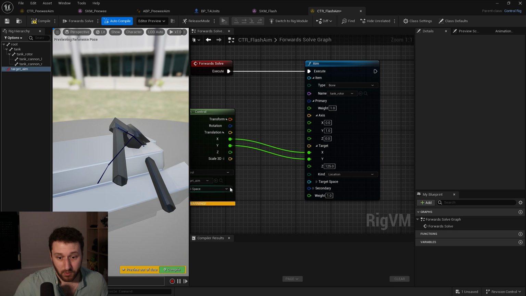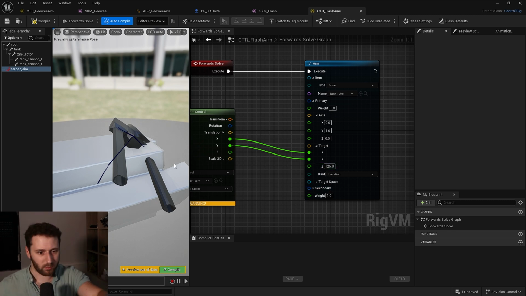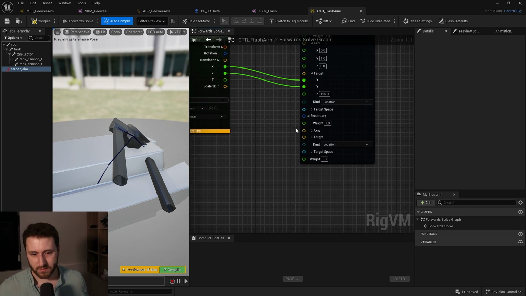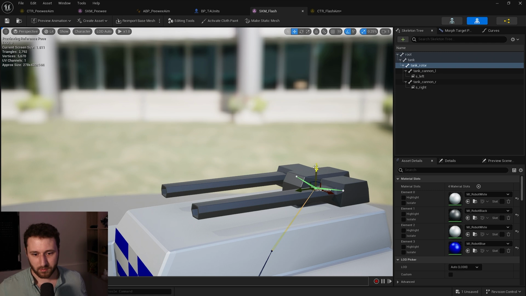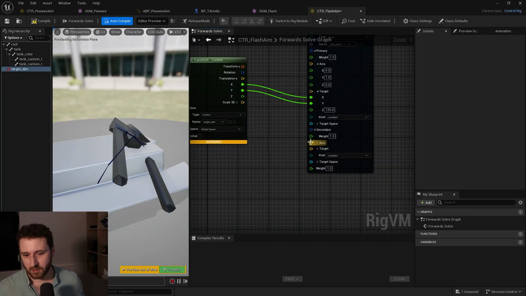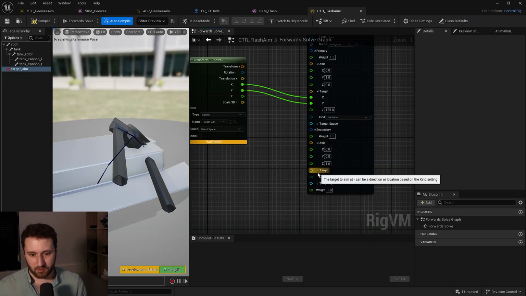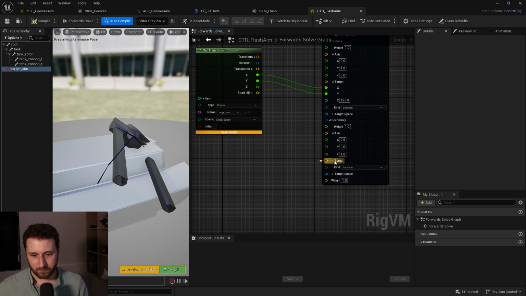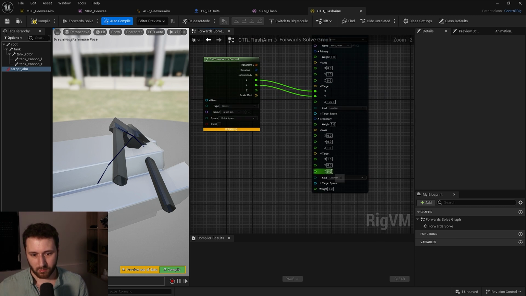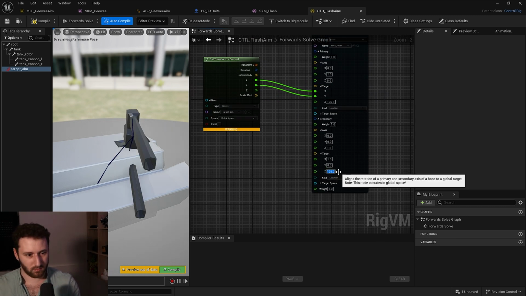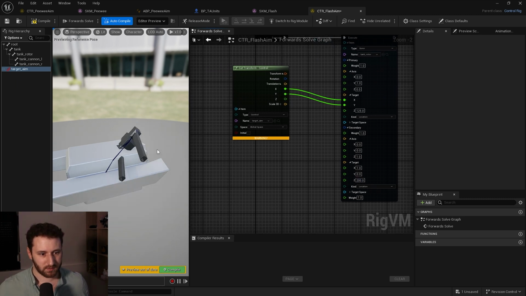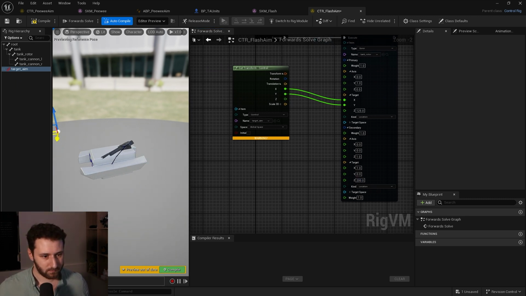There is still a little issue. First, we need to set up the secondary axis, then we will treat this issue. For the secondary axis, it should be the up, which will be the Z into the positive. So the axis will be Z into the positive, and for the target we can use something like 125, maybe 200. We'll try with this. So now it's looking in the good direction. The only thing is it's rotating like that